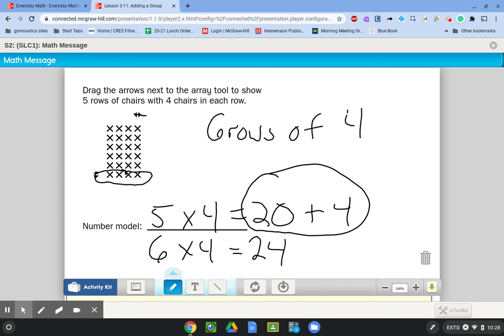We added another group. We have 5 groups of 4 up here. Now we move to 6 groups of 4. That's one more group of 4, which means you have to add 4 to this. So that's an example of adding a group and using a fact that you know to figure out one that